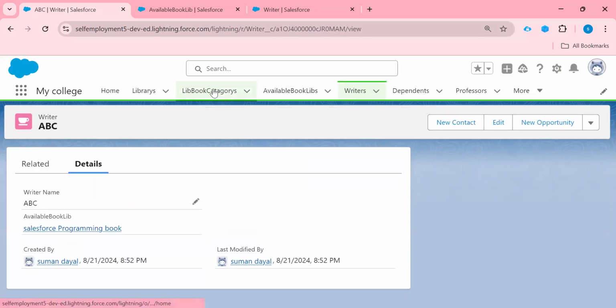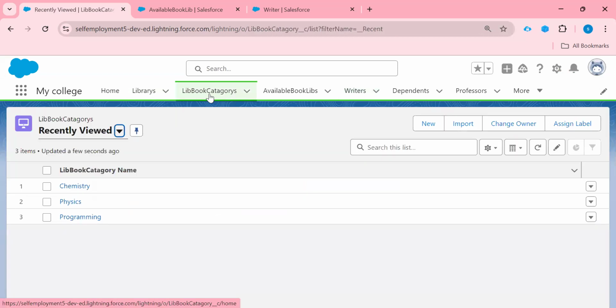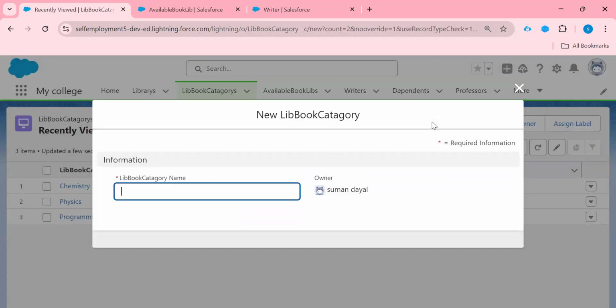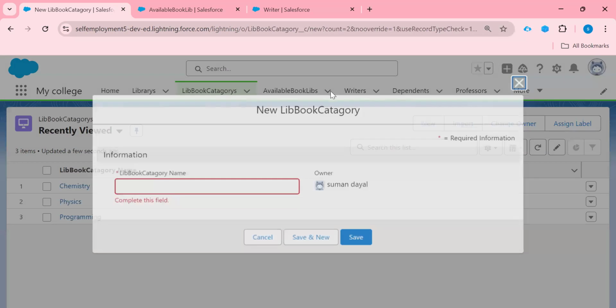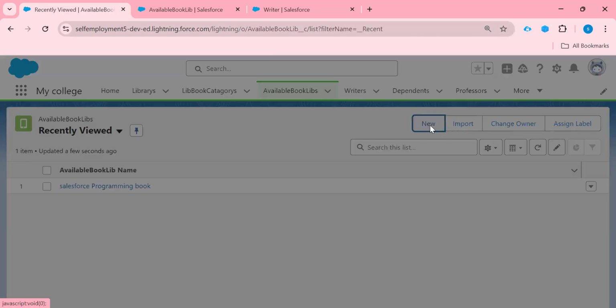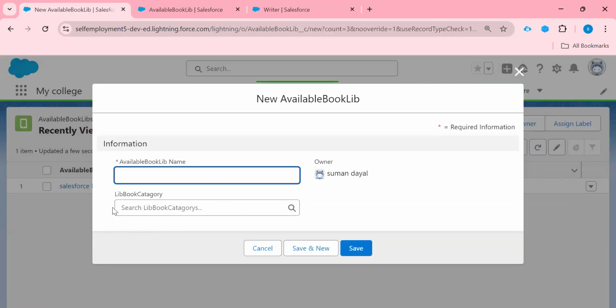Right? So in this way we can create our one to many relationship by using our lookup relationship and by using our master detail field, right? What is the basic difference? In a lookup relationship, that is not a mandatory field, right? This is not a mandatory field, I can keep it blank.